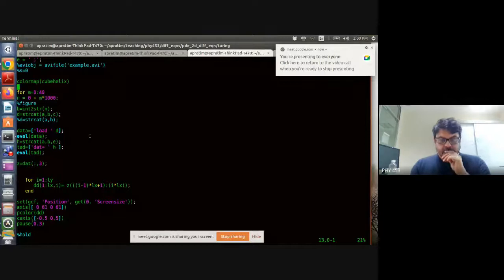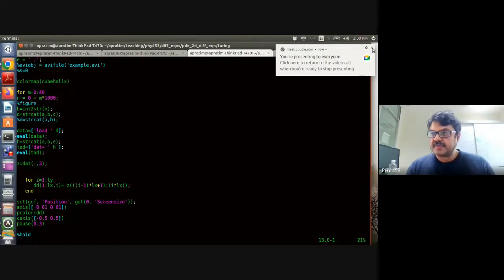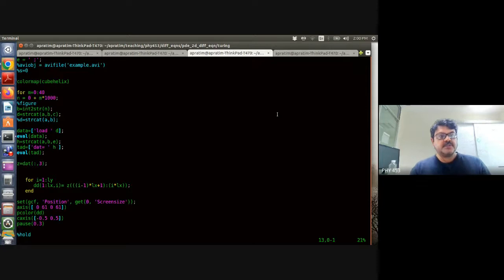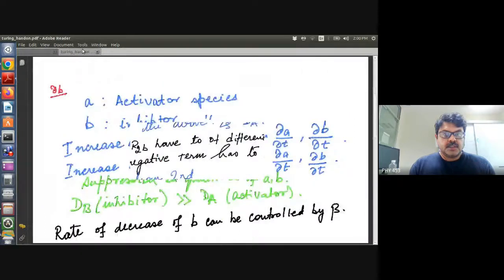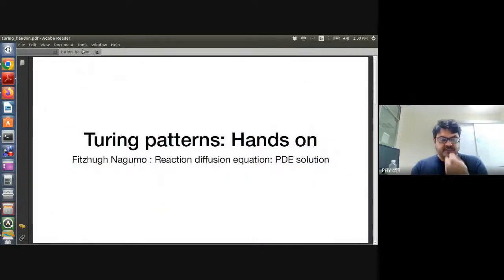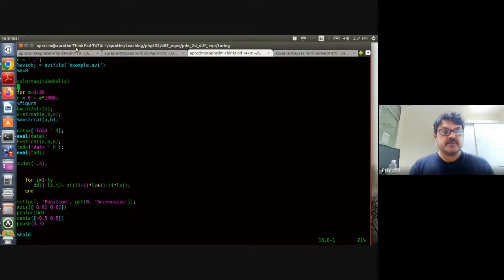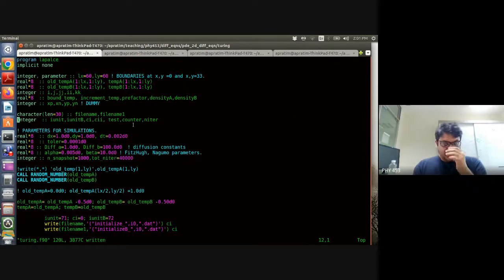Okay, so in this module, which is basically a tutorial, we are continuing our discussion of this Turing pattern hands-on Fitzhugh-Nagumo, where we try to at least get some understanding of what is happening. You saw the patterns, we put in those parameters, you do get those patterns, but how and why is also an important question. So, in one of the previous tutorials, we discussed when we are just doing the diffusion equation,